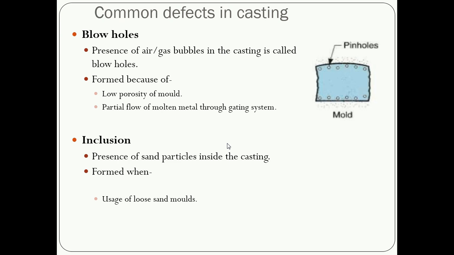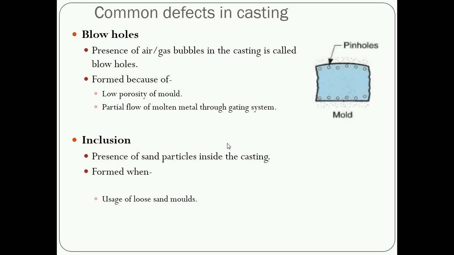Second is partial flow of molten metal through the gating system. As far as possible we have to take care that the gating system is full of molten metal, and that is possible in a pressurized gating system, and not possible in an unpressurized gating system. In a pressurized gating system, we apply external pressure on the molten metal which is more than atmospheric pressure. That's why there is no vacuum inside the gating system, so there will be no entrapment of air. Partial flow of molten metal takes place in an unpressurized gating system, and it is not possible in a